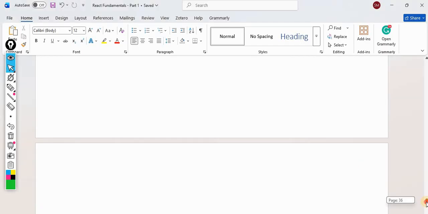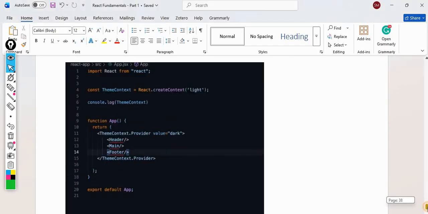So in this example, this is our context. The context here is light.